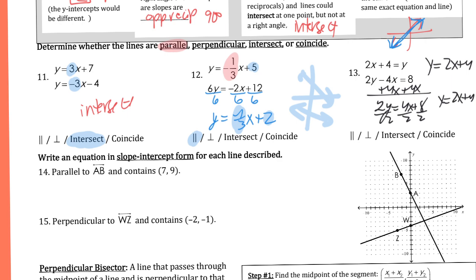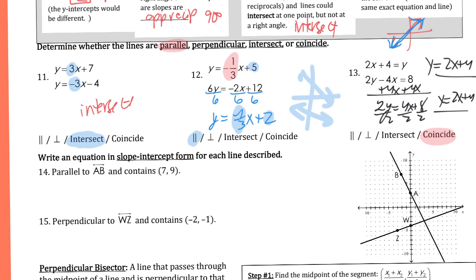If you graph one in red and the next one in green, they're going to be the same line and they're going to have a lot of points in common. So this would be coincide because when you look at them, they're the exact same line. And if you graph them twice, they will have infinitely many points in common between those two lines. Okay, so